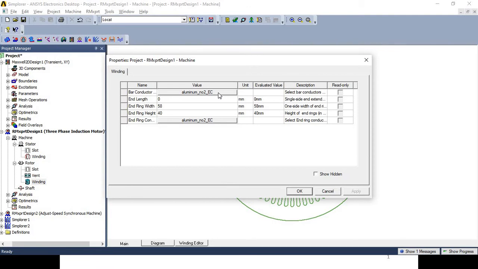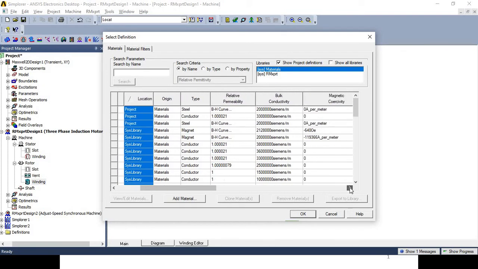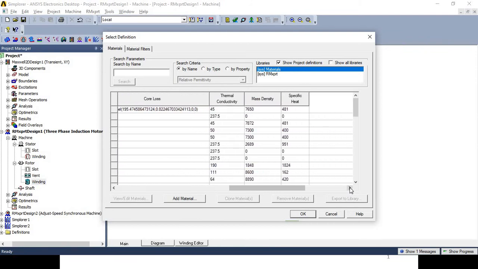We selected the aluminum number 2 EC bar, but you have different material options along with their properties like location, origin, type, relative permeability, bulk conductivity, then coercivity, magnetic coercivity, then core loss, thermal conductivity, mass density, specific heat, etc.